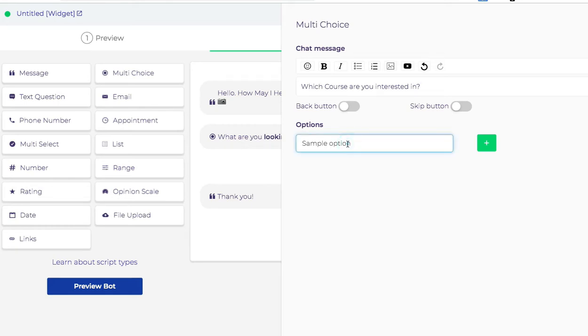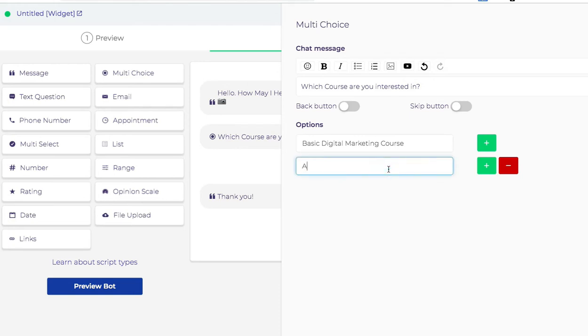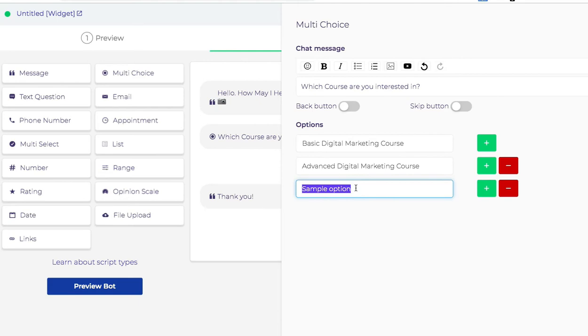And assume we have 3 courses. So we have basic digital marketing course. Assume that I'll add a plus, I'll select the plus sign to add more options. I have advanced digital marketing course. To add more options, you can hit the plus button and you'll find the third option. I can add basic plus advanced